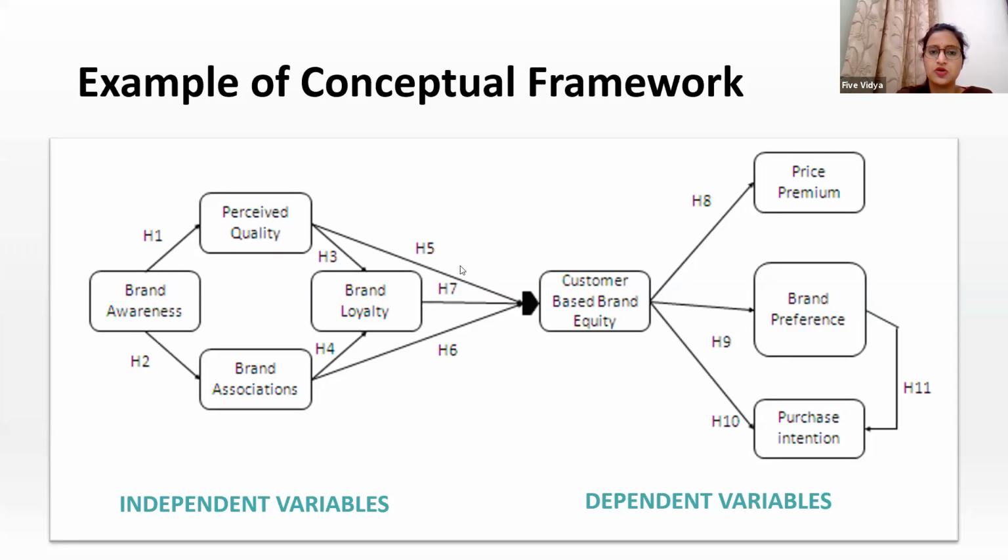If you belong to a social science background and your topic is related to social science, then you should include a conceptual framework. But again, it depends on your topic. So you can discuss with us personally on email or on call regarding your topic, and then we will guide you on whether you have to include a conceptual framework or not.